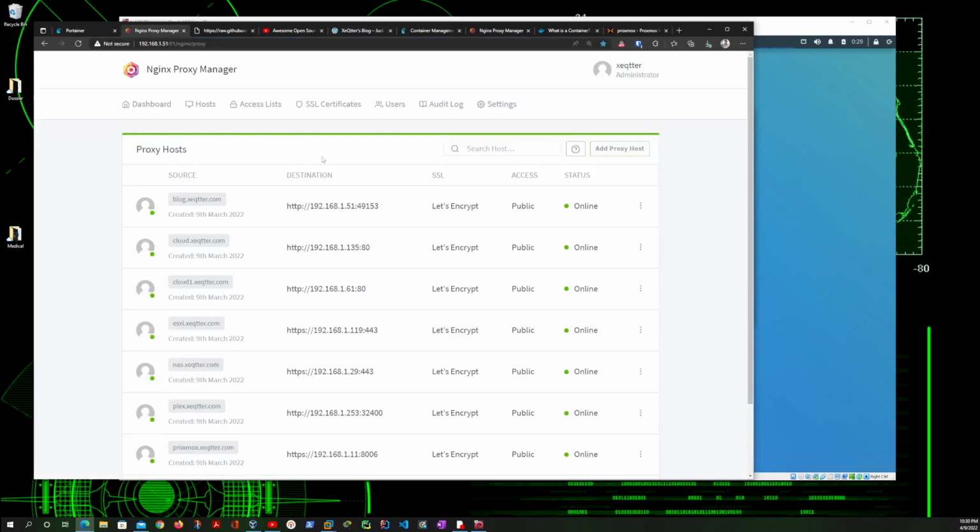Now, Nginx Proxy Manager is this. This is how it looks after installation. We just add these hosts over here and destination IP addresses along with port numbers, and that's it. Now, I'm going to tell you what Nginx Proxy Manager does. Again,